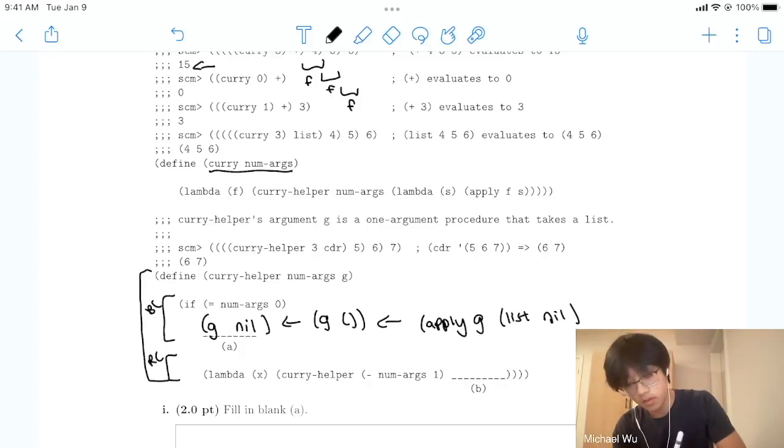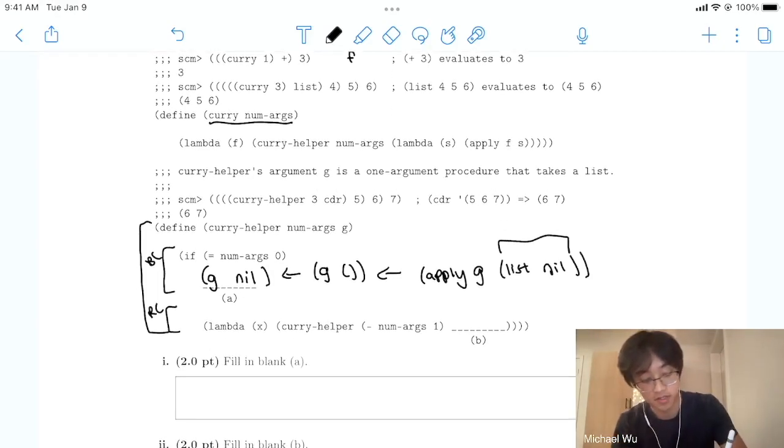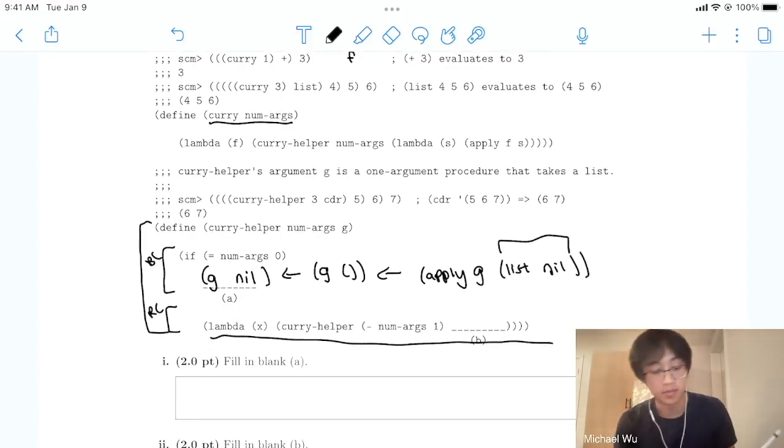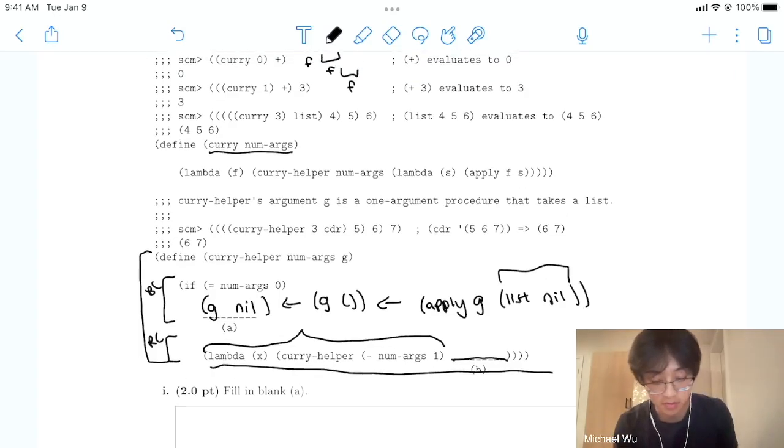know. And the reason why you need this extra list is because the apply function has to be called on a list. So now moving on to the recursive case, which is quite a bit more complicated. But basically, as you can see, you're returning another function, which is why you have the lambda x here, which calls curry helper on num args and another argument that we have to implement. So you're subtracting one from the arguments, which is good because every time you curry, you want to have one